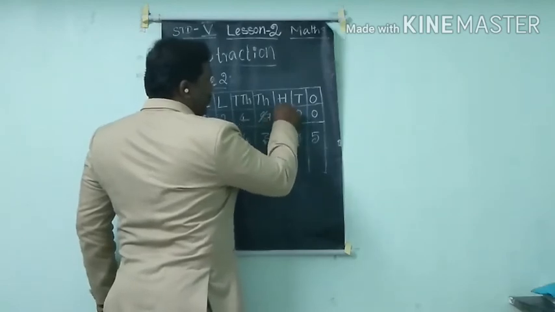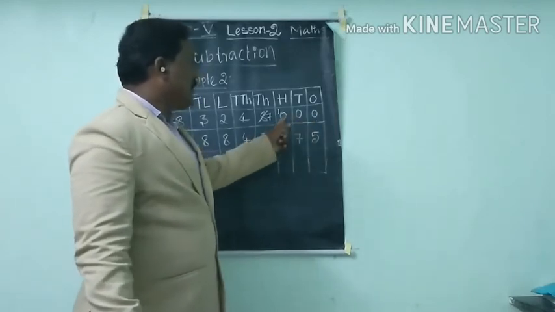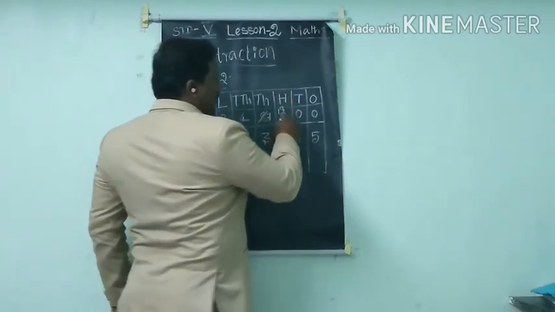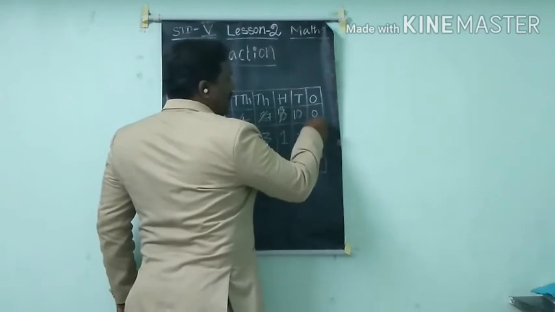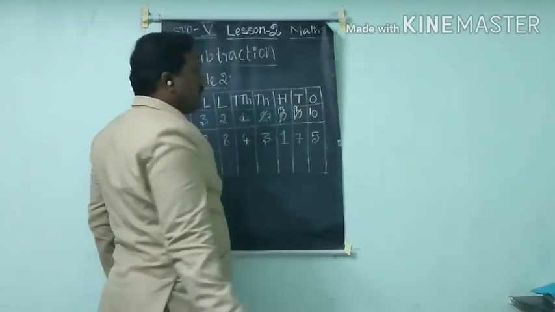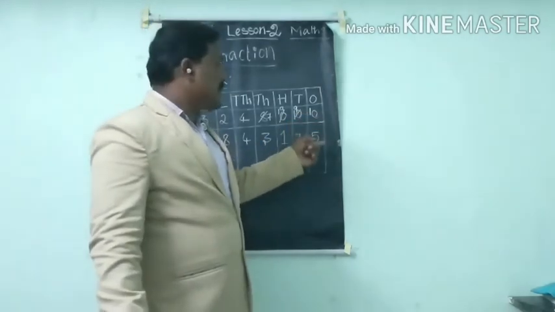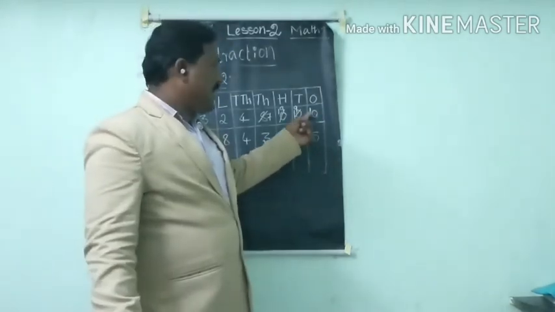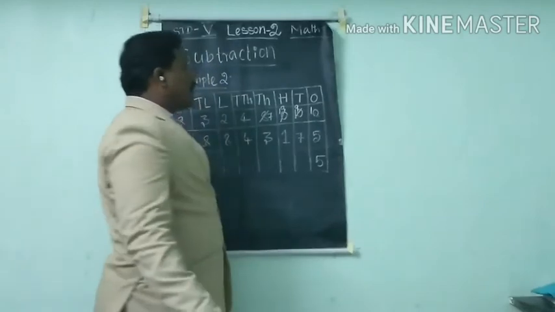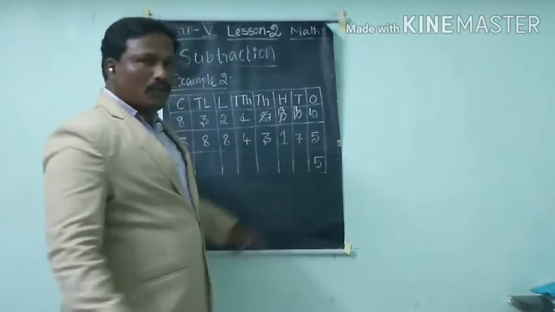So the 1 comes here, and now it is 10. But we want to transfer this to the next place, so I will transfer 1 here, and it becomes 9. Again I want 1 here, so I will cross out and put 1 here. Borrowing 1, it is now 10. Now we have a bigger value, and we subtract the small value. 10 minus 5, we get 5. The difference is 5. Already it was 0, but now it is 9. So 9 minus 7 is 2.